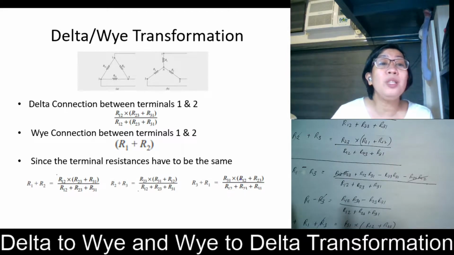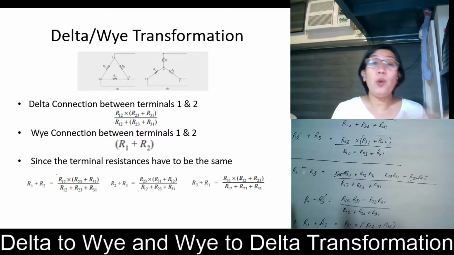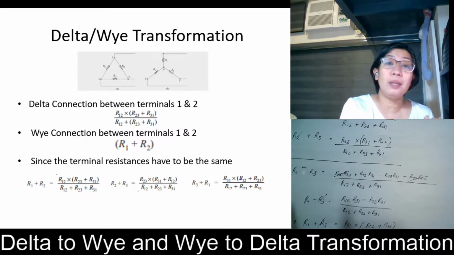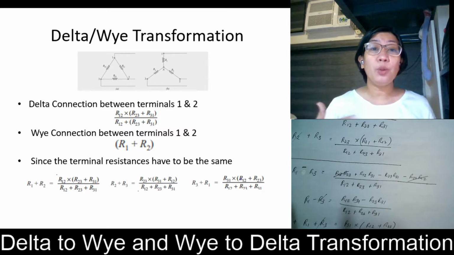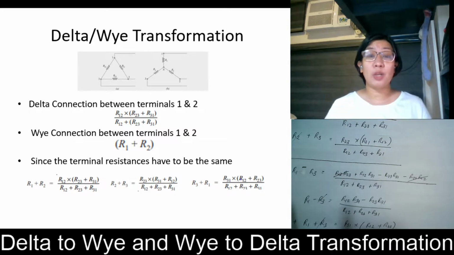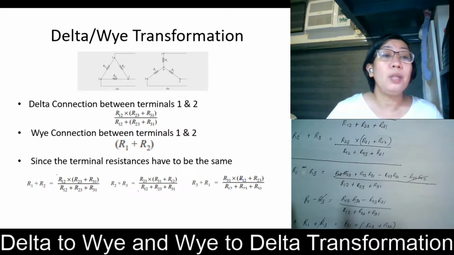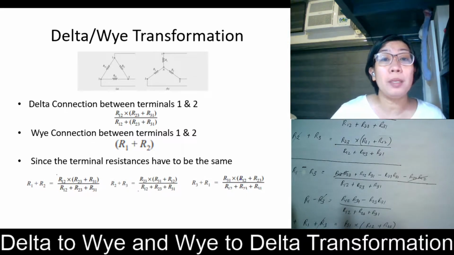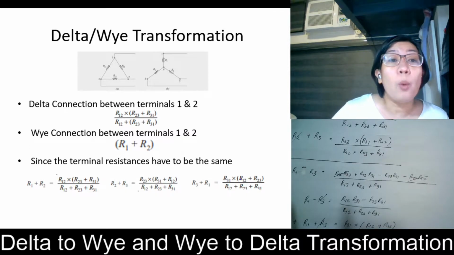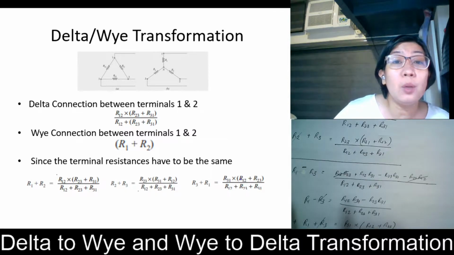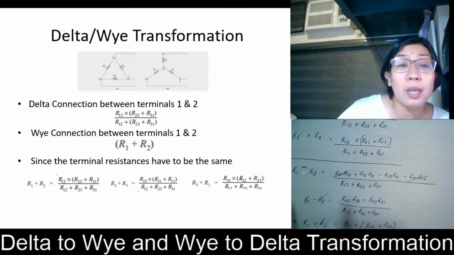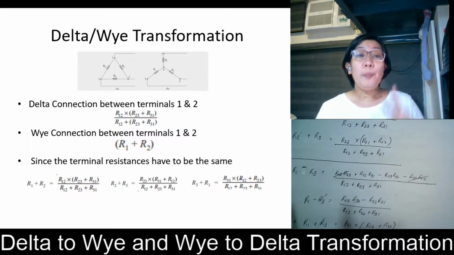Since the terminal resistances have to be the same, we can equate them, because the resistance between terminals 1 and 2 in the delta connection must be the same as that between terminals 1 and 2 in the Y connection. So equating the two, we say that they are equal, which gives us R1 plus R2. So this in the delta connection is equal to this in the Y connection. And we're going to repeat that